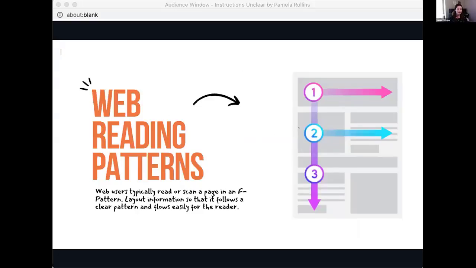Speaking of reading patterns, so research, there's a lot of different reading patterns for web users, but the F pattern seems to be pretty consistent over the years. We have advanced in the way we read on the web, and there are other ways that users read. But to keep it simple, try to follow this F pattern in the flow. A zigzag is also common, but again, the idea here is simplicity. We're all teaching probably full-time and have a lot of responsibilities and duties.